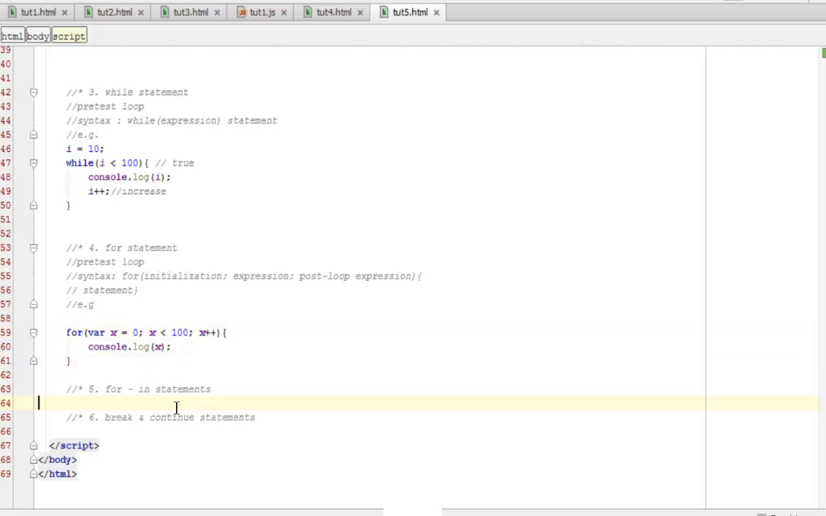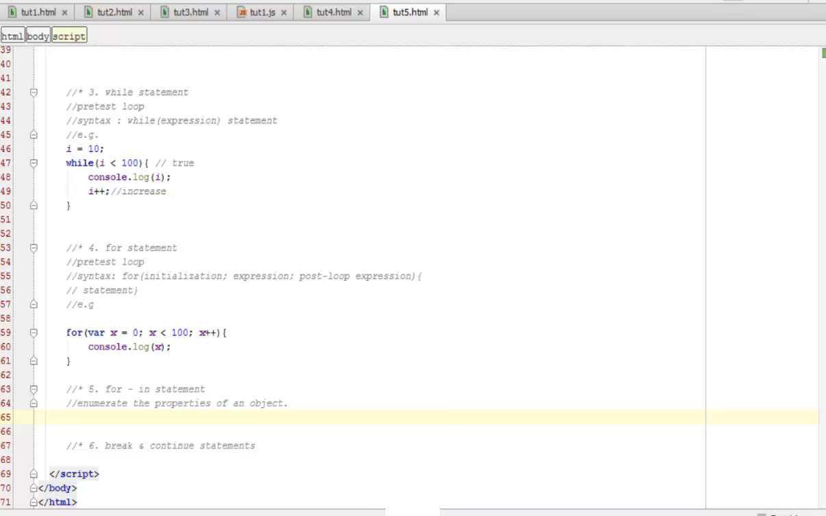Next we have the for in statement. The for in statement is usually used in order to enumerate the properties of an object. For the needs of this example, I'm gonna create an instance of object type equals new object, and I'm gonna add some